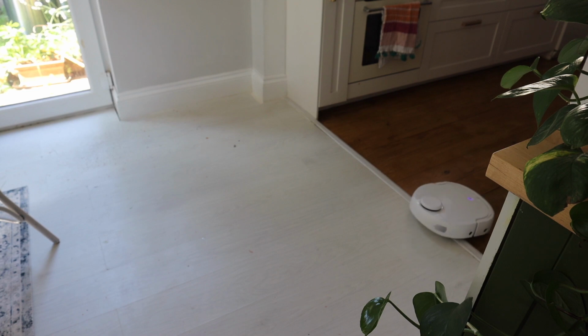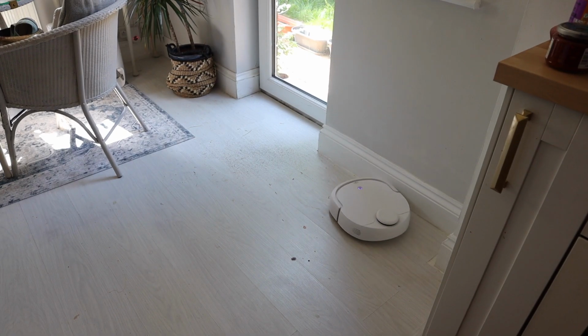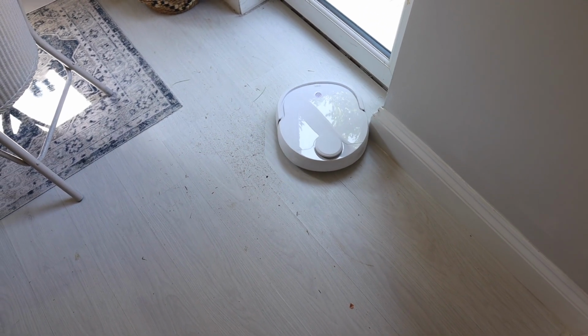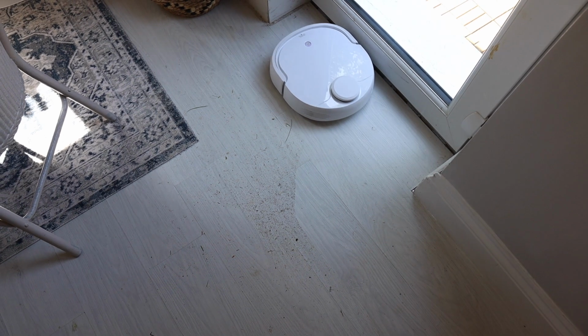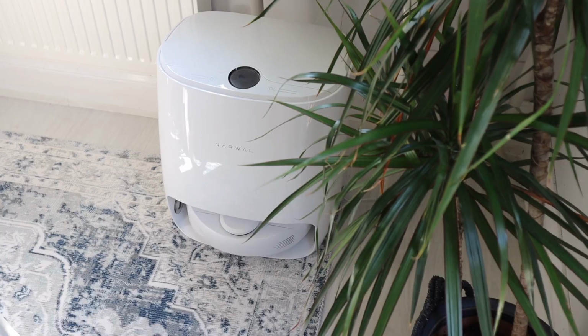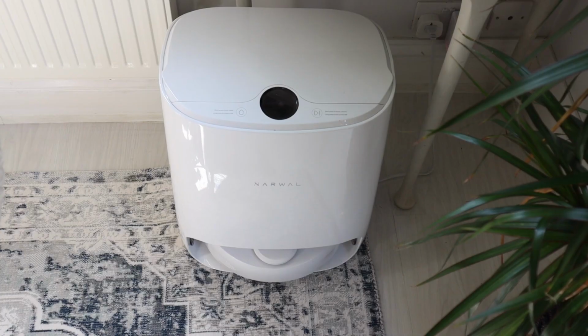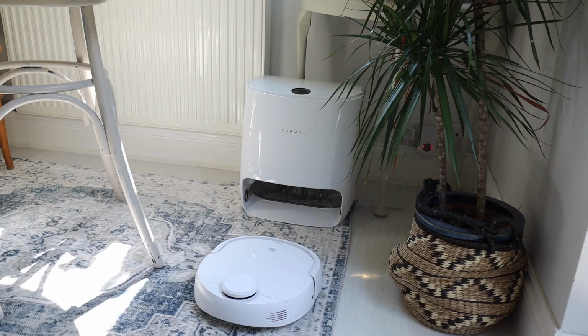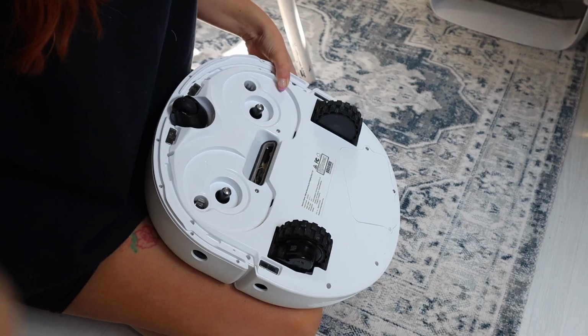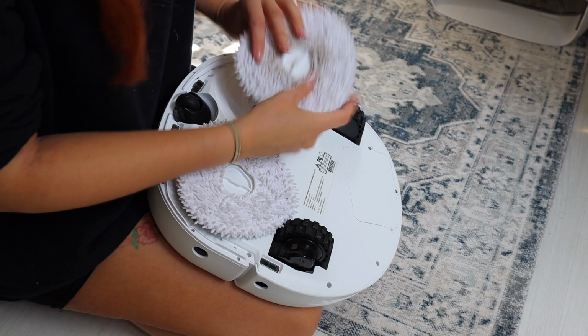This little robot is so innovative. Not only does he do an amazing job of cleaning the floor, look at all of the stuff from my doormat that he just sucks up. No questions asked. He also mops as well. There's a mopping function, and Narwhal is self-cleaning, so I don't have to worry about cleaning any of the pieces. All I have to do is pop off the vacuum and put on the mopping pads, and then he's good